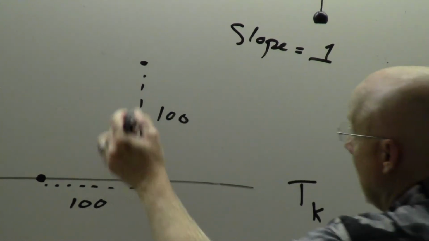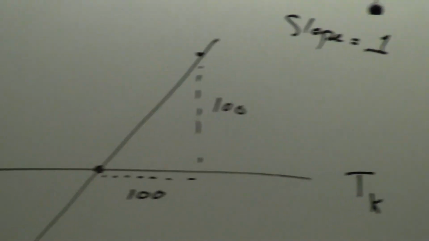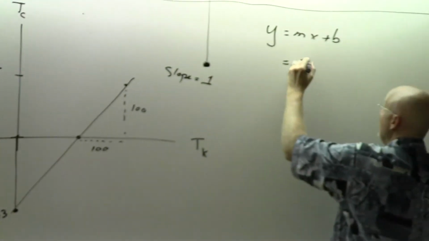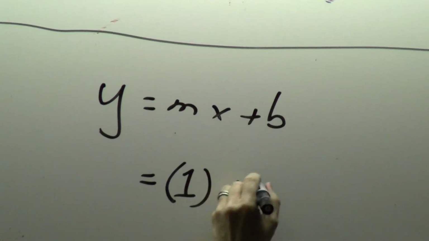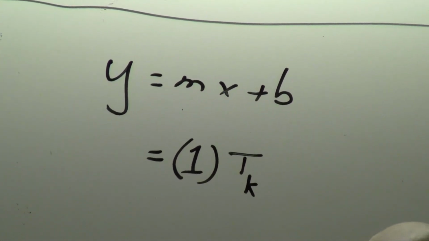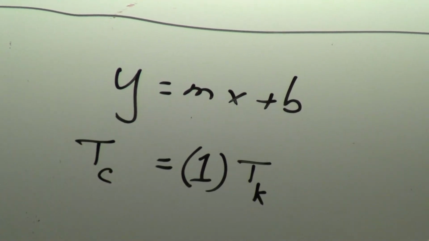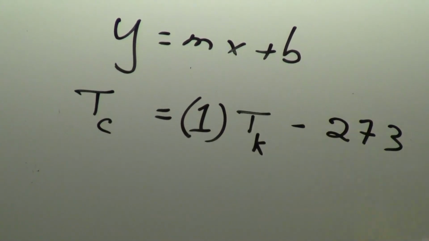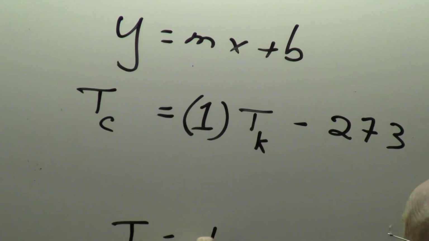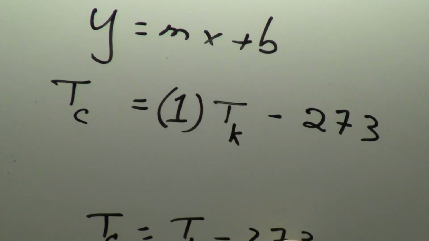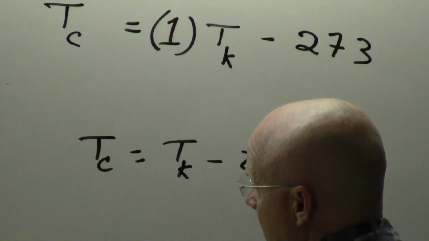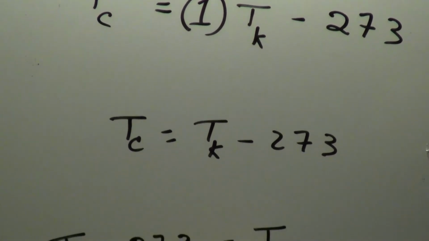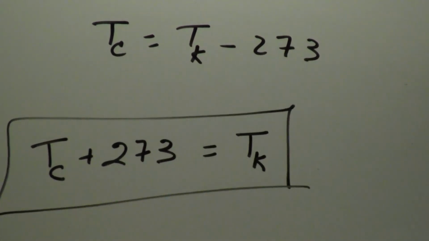And if we then have a connection and say, what's the equation of a line? y equals mx plus b. The slope would be 1. The horizontal axis would be the temperature on the Kelvin scale. The vertical axis would be the temperature on the Celsius scale. And the intercept would be negative 273 degrees. And if we simplify it, we could either leave it like this, although I kind of like it over here. So temperature on the Celsius scale, add 273, you'll get the temperature on the Kelvin scale.